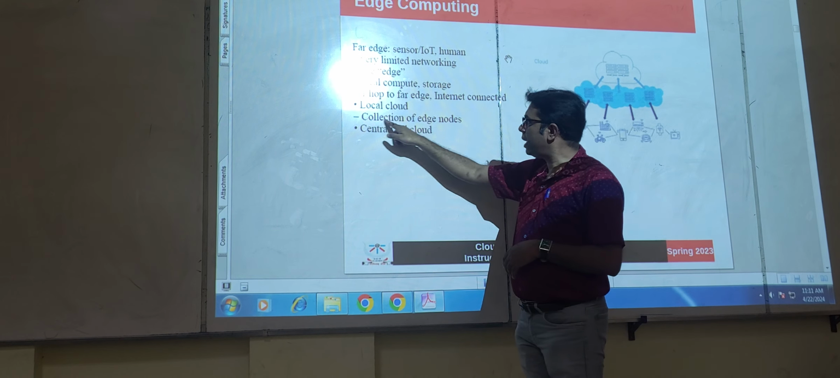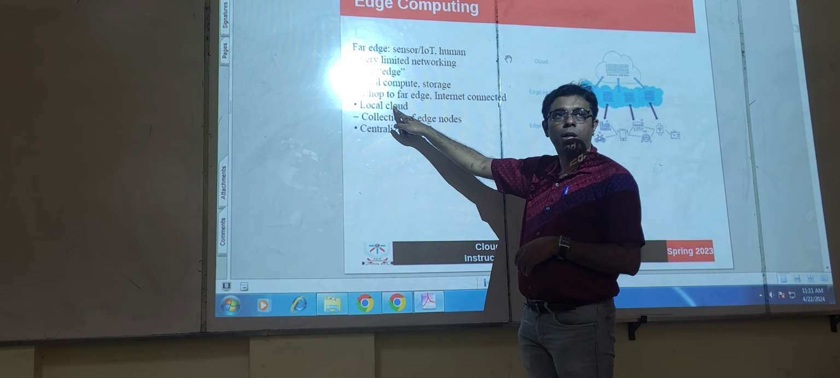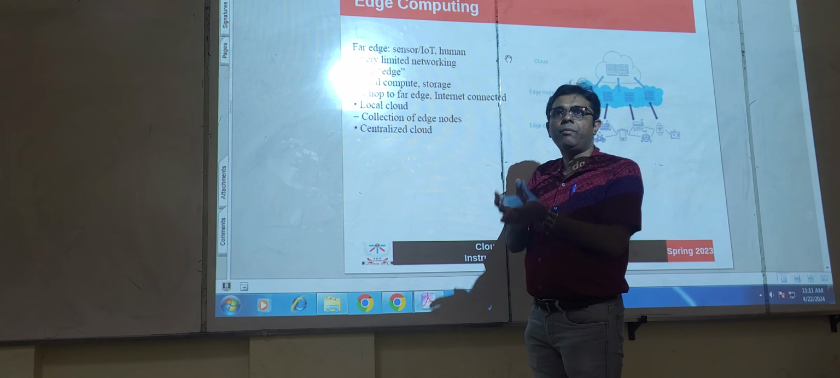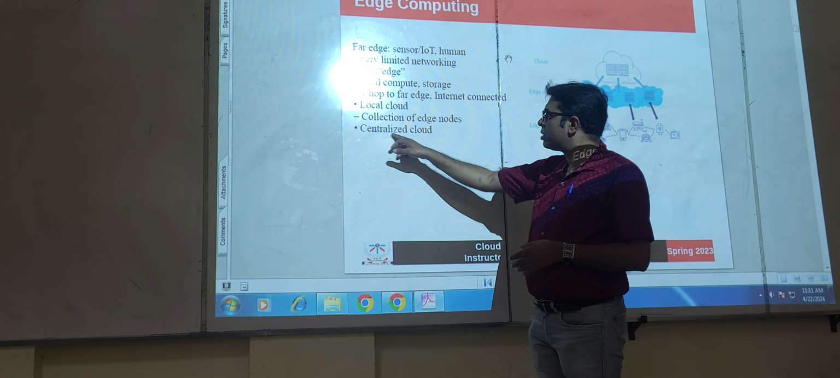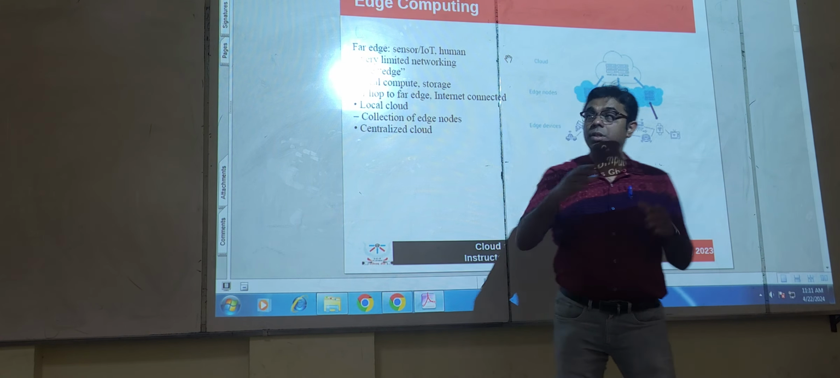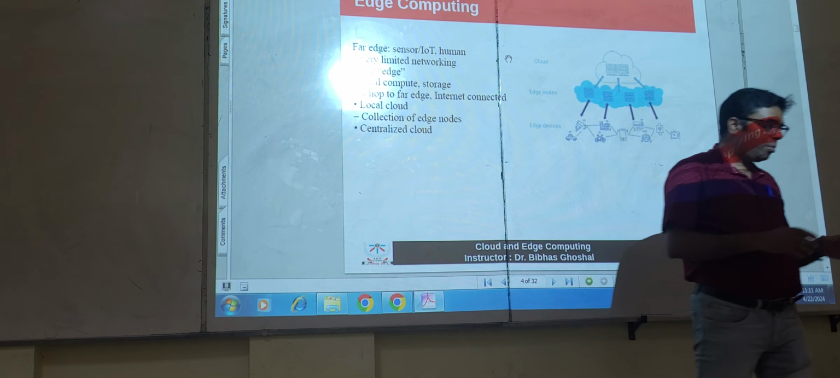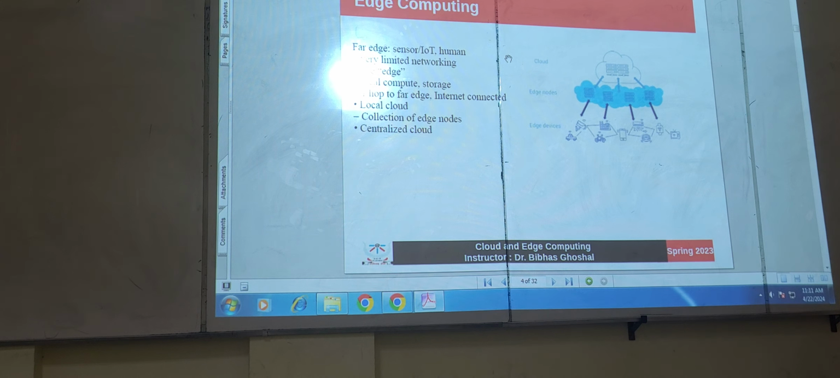Then, a collection of edge nodes is what we call a local cloud. That's the basic difference, right? Cloud becoming very local. This is the centralized cloud and this is the local cloud. A local cloud is a collection of a number of nodes. It's not one single infrastructure maintained at a warehouse or something like this. Okay? So what do we do? Well,